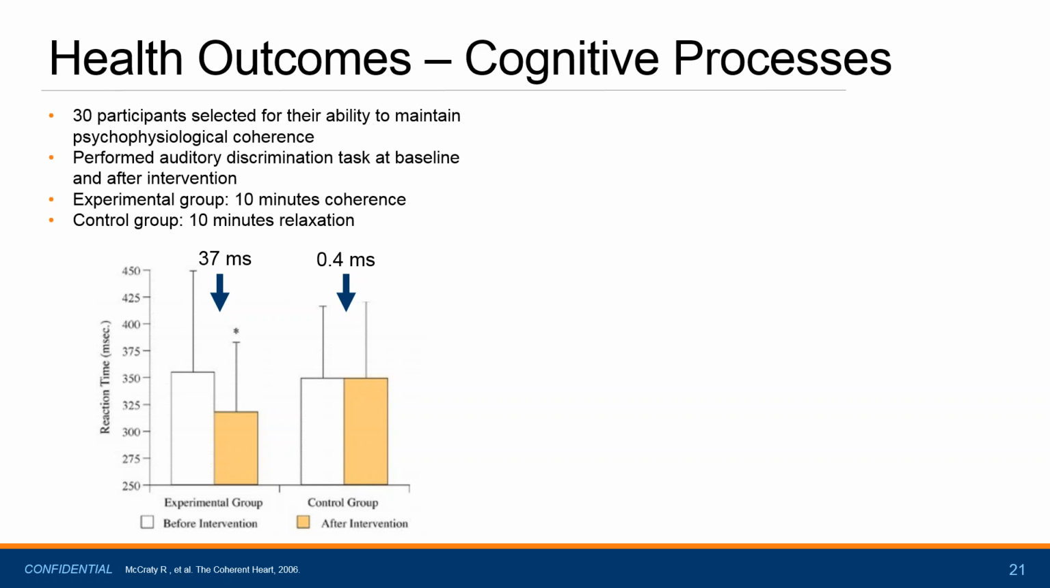So this first one was looking at a group of 30 participants, healthy controls, and they were selected for their ability to maintain coherence. So maintain that psychophysiological coherence we talked about at the beginning, really thinking about calm, appreciation, good, positive emotions like that. And they already knew how to do this. They already knew how to get their heart to be in a state of coherence. And they performed an auditory discrimination task at the beginning of the study. And then the experimental group did 10 minutes of maintaining this coherence, and a control group did 10 minutes of